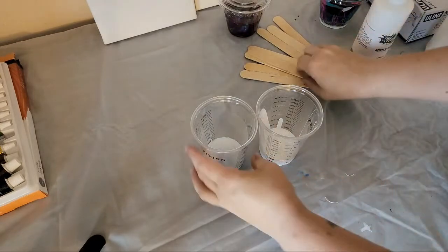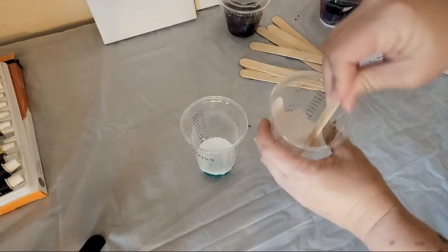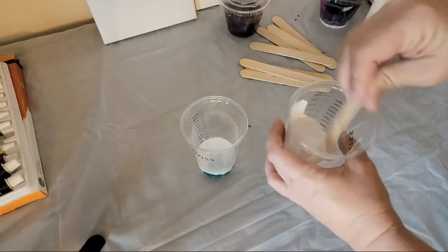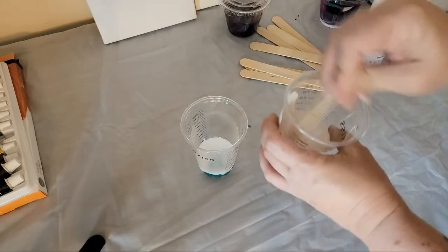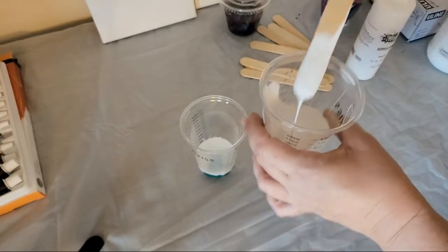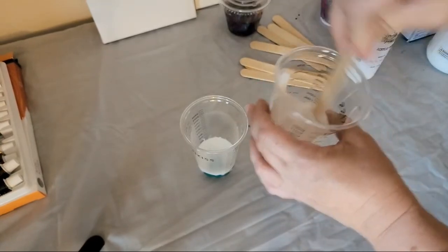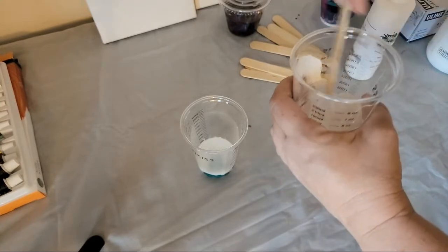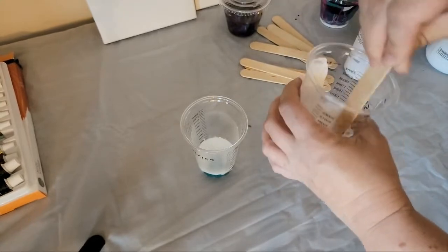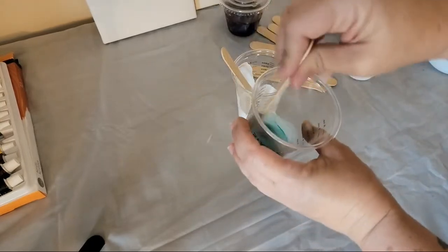It's okay. All right, let's start with this white one. Now this, we shouldn't need to add anything else to. So this is pretty good pouring consistency. Right here, I would not recommend adding water. It'll be too thin. Okay? But on this,